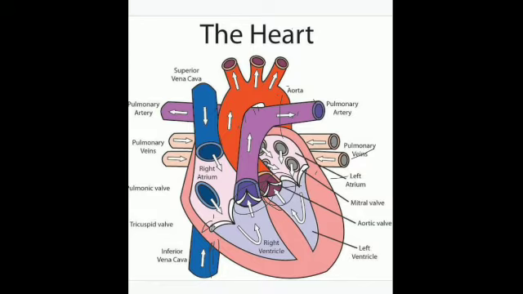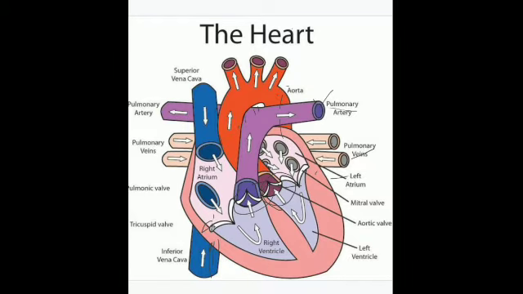Now what happens? The right ventricle contracts. When it has received the blood, now it is the time for it to contract. Due to this, the deoxygenated blood which is filled in the right ventricle is pumped into the pulmonary artery. I had told you that this is the only artery which carries deoxygenated blood, because arteries generally carry oxygenated blood. So the pulmonary artery is the artery which carries the deoxygenated blood. Is that clear? Now the right ventricle pumps this blood into the pulmonary artery.